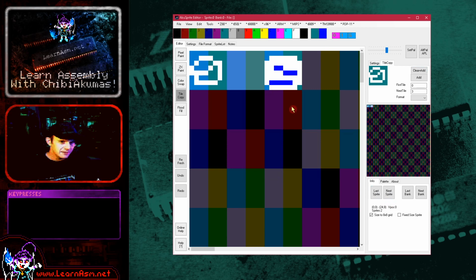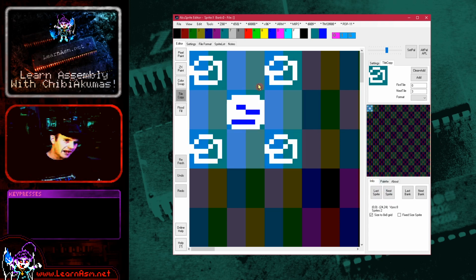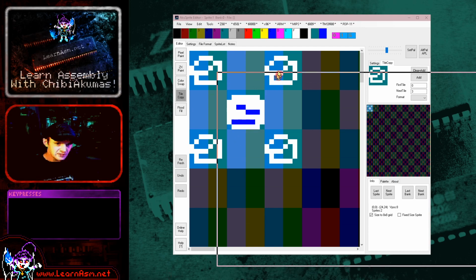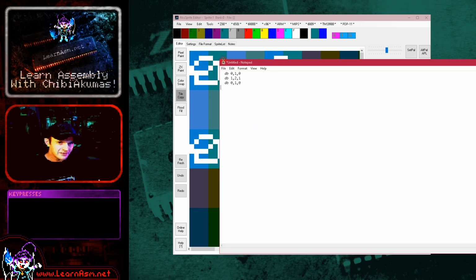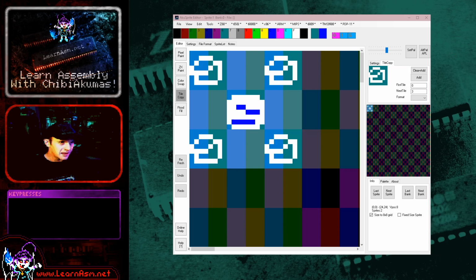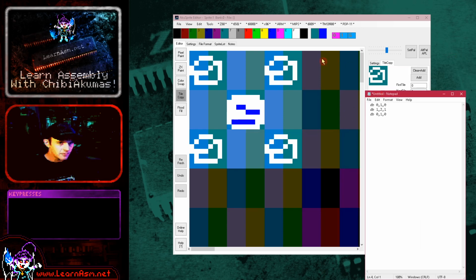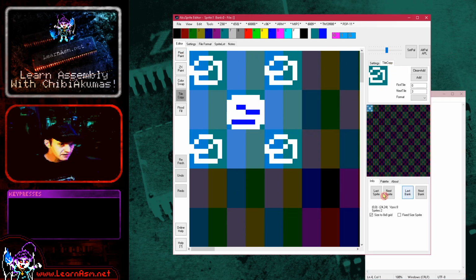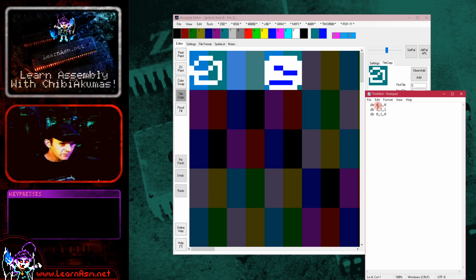If I go to last sprite, you can see now that's our patterns. We'd want to export this and load these into our Game Boy or whatever system we were working on. And if we just open a notepad, and if I immediately do a paste, Control V, this is the tile map for the image we just drew, and we can confirm that if I just go last sprite here. Well, this is pattern 0, and that's the 4 corners. This is the solid area, and that's here, here, here, and here, and that's the label in the middle, and